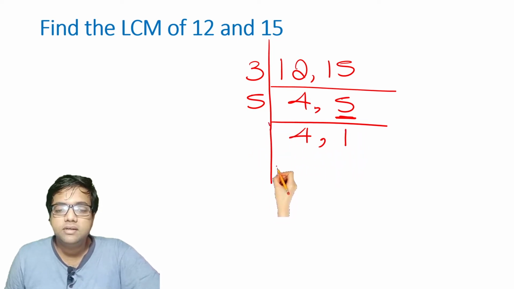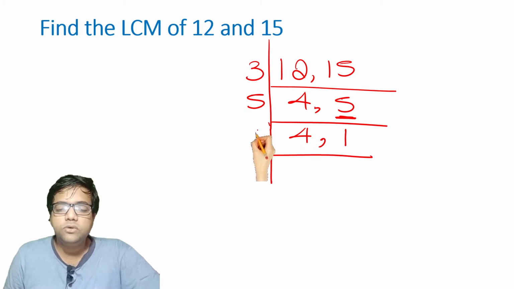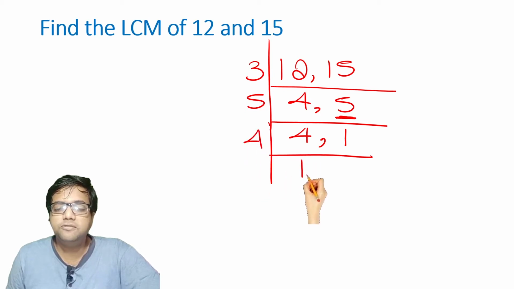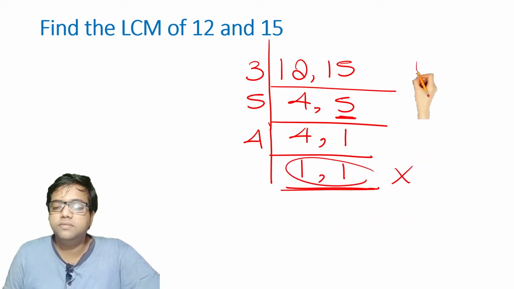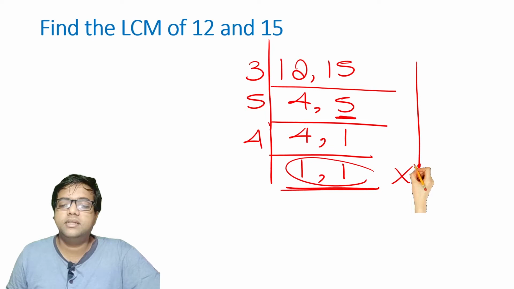Okay, now we are done. So now there is 1 and there is only 4. Even though you divide it by 2, it doesn't matter. You will get 4 itself when you multiply them, so you can take 4 directly in order to arrive at these ones. When you get all the numbers as ones, you will stop the division at this point.